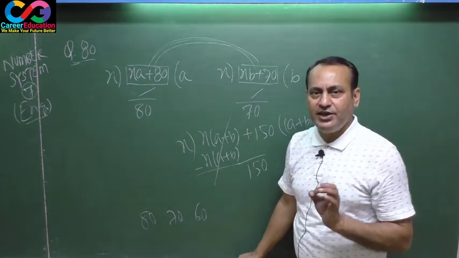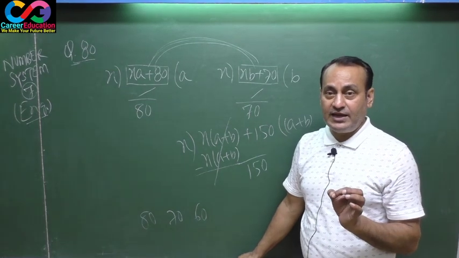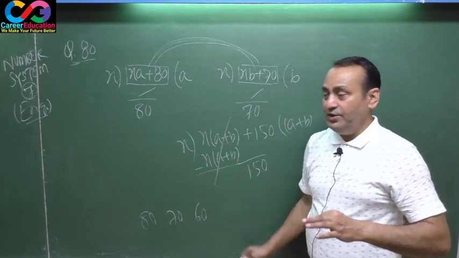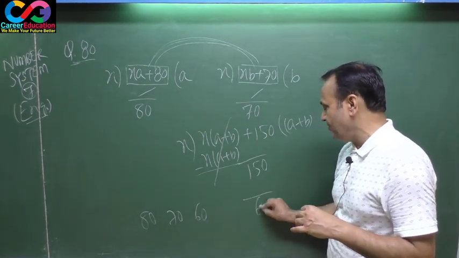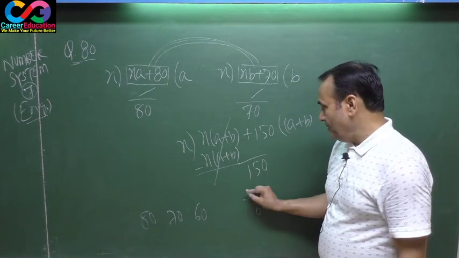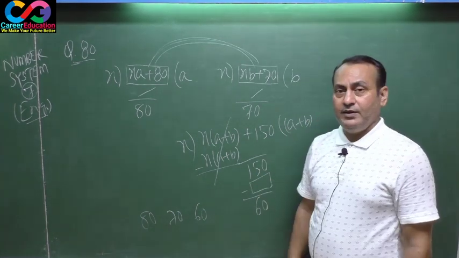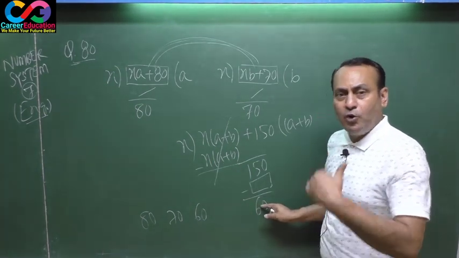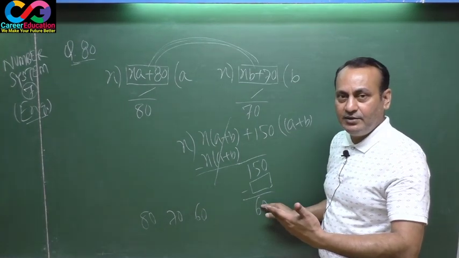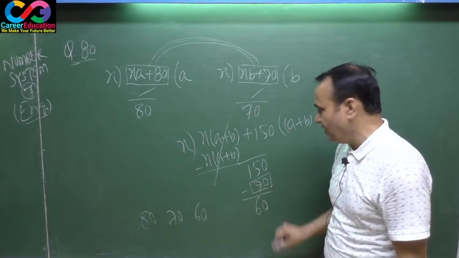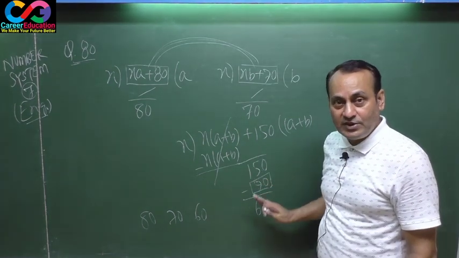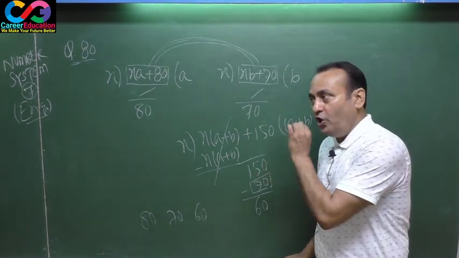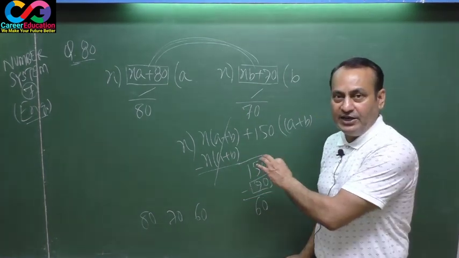Now see very carefully. This 150 is divided by x, the remainder is 60 here. Very carefully listen to me. See here, if 150 is divided by x, the remainder must be 60. For maintaining that situation, here should be only 90. 150 minus 90 equals 60. That means it is obvious to you all, here should be only 90, nothing else.